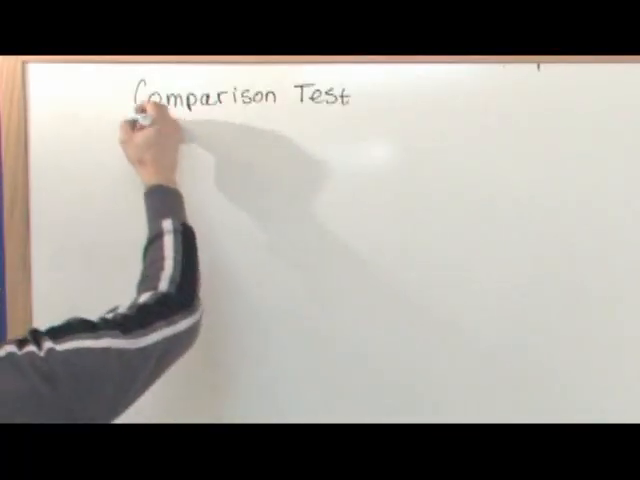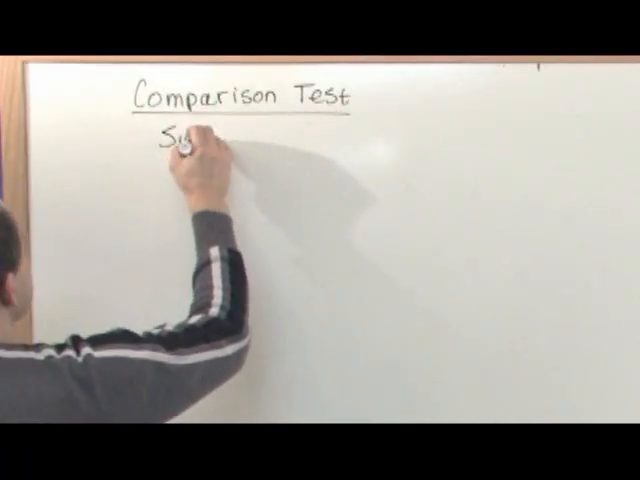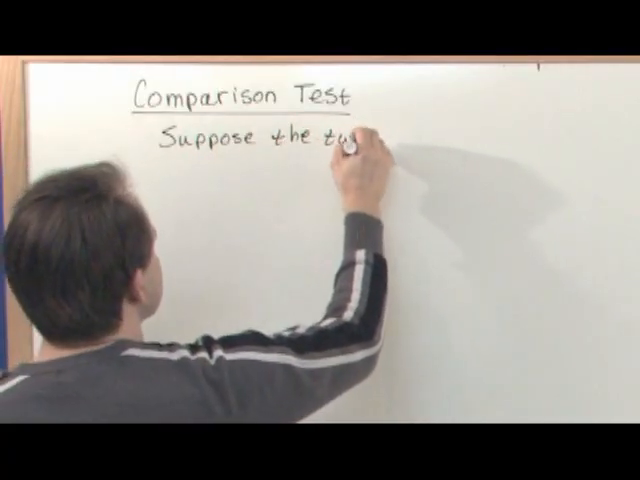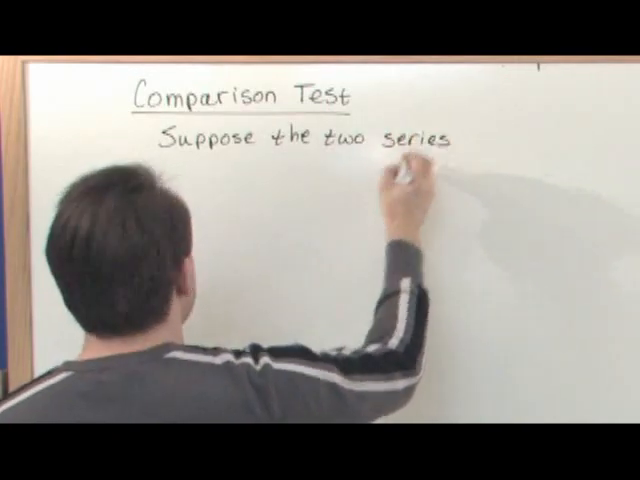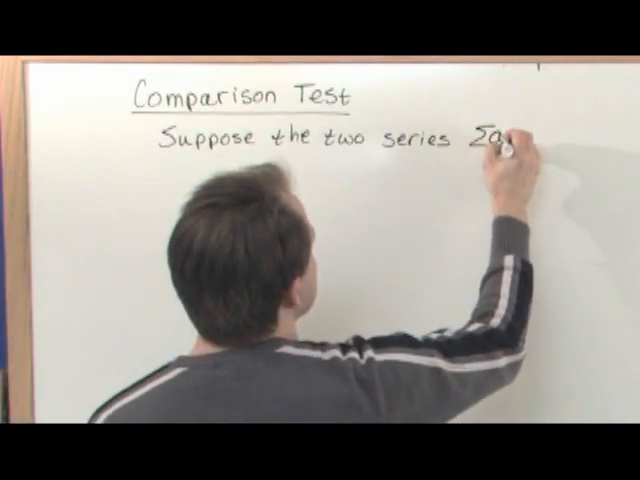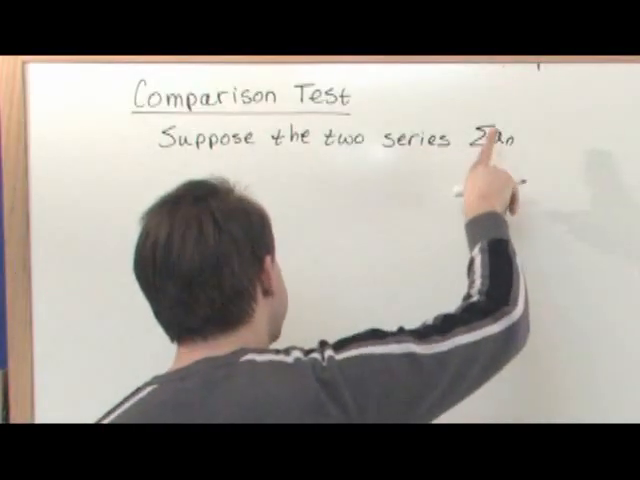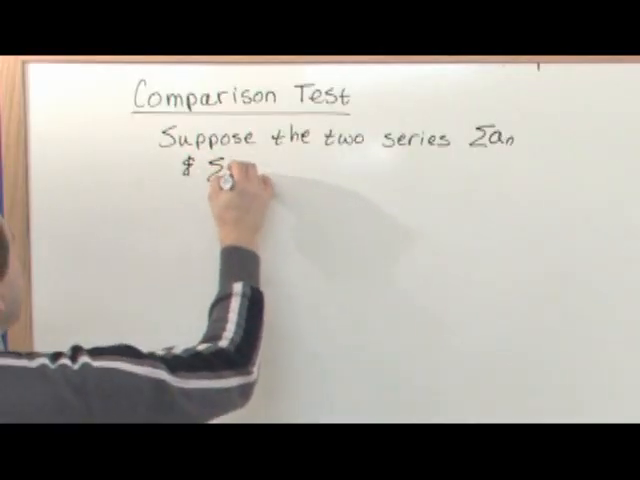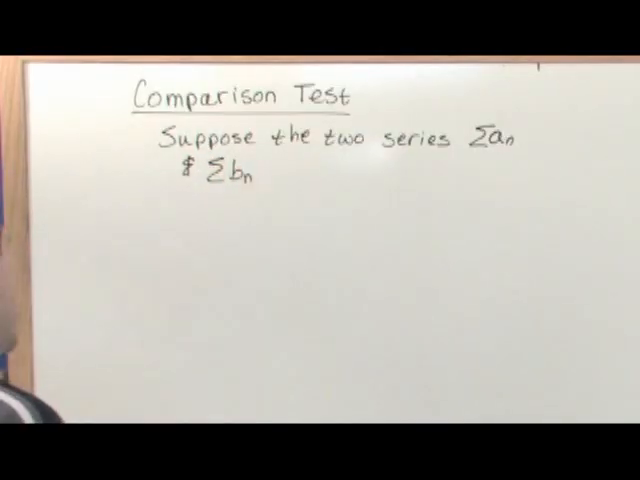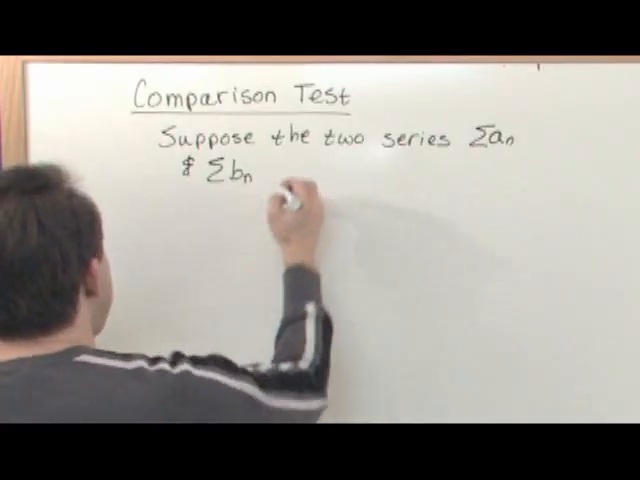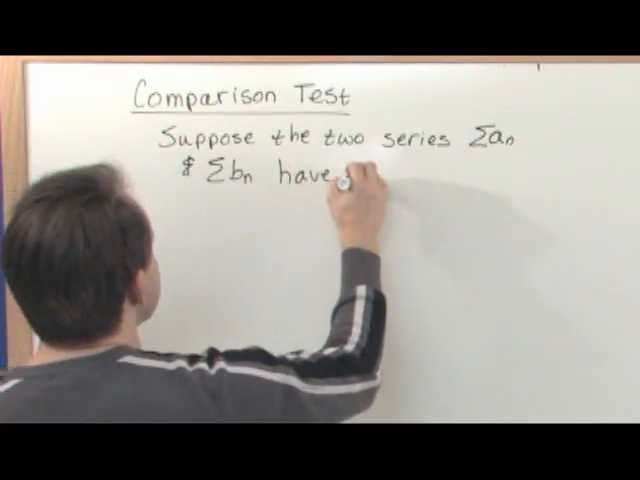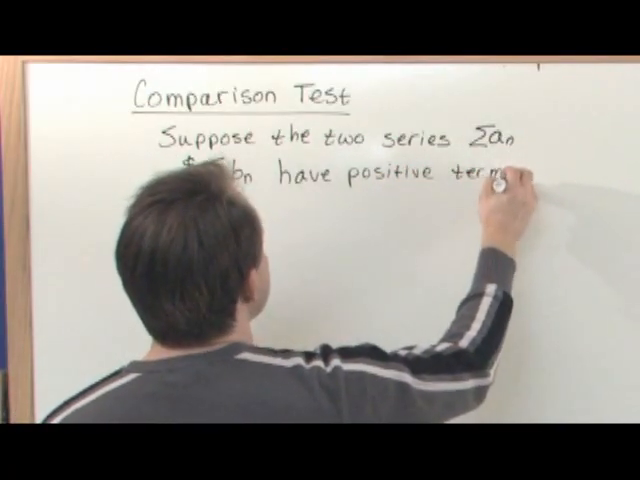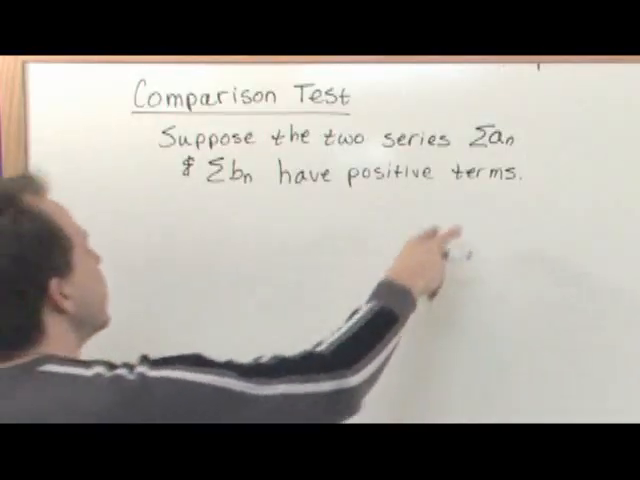What are we going to do? We're going to say the following. Suppose that the two series a sub n, this is the series that we care about, the series given to you in the problem to look at, and b sub n, this is the series that we're going to use to compare it to, have positive terms. So all it's saying is, suppose we have two series, the series that we're given and some other related series